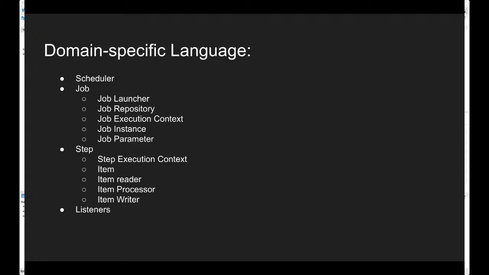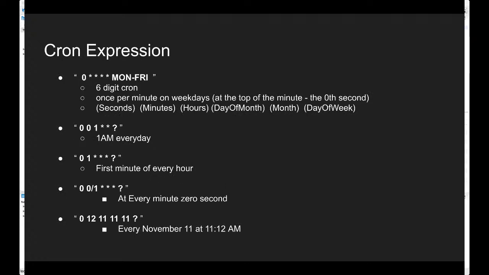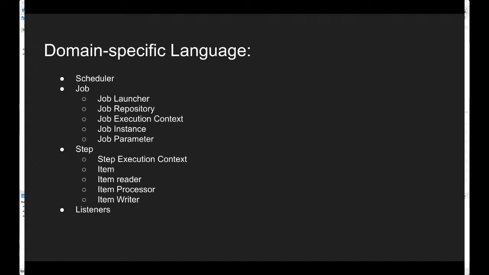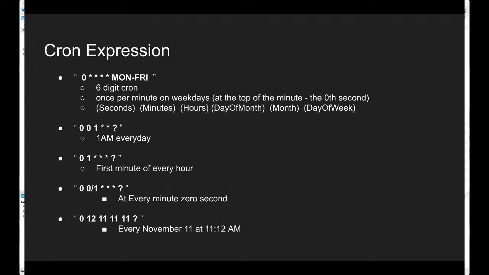So let's move forward. Okay, now we will talk about cron expressions. Now what is the need of cron expression in batch jobs? First talk about that. So here in the domain specific language we talked about scheduler, right? So in order to schedule something, we need a cron, or a time interval on the basis of which the job will be scheduled. So the cron expression is a way where we give our input to the scheduler and ask it to schedule in that timely manner.